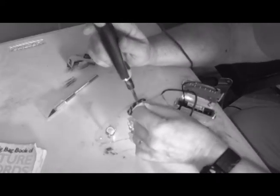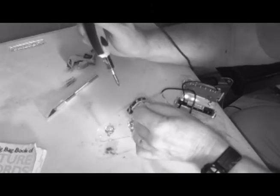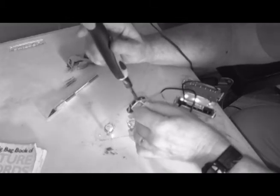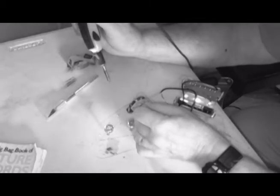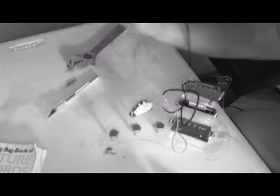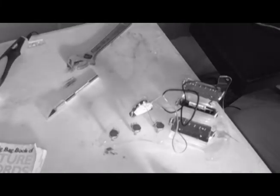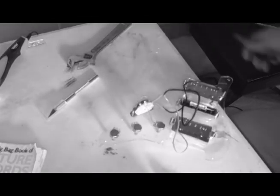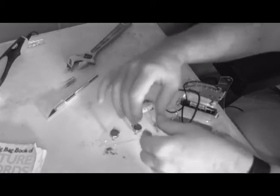So now if I can get this wire into the solder, there we go. Okay, now it's good and solid. All right, let's go ahead and snip off that little hanger on there. Yes, there's always groupies. Sometimes you got to get rid of them. And then this one